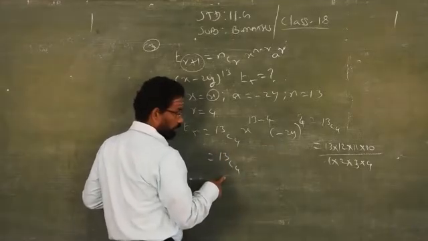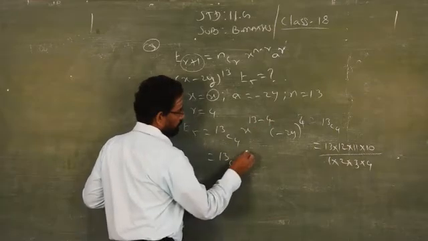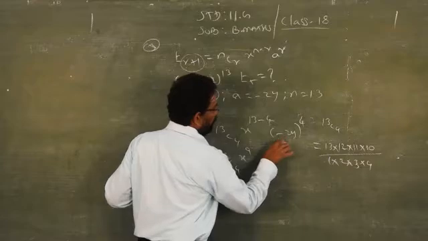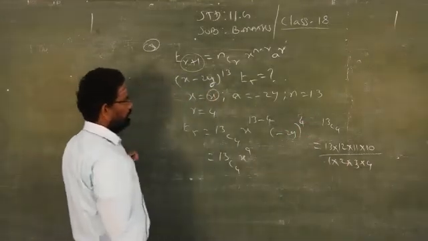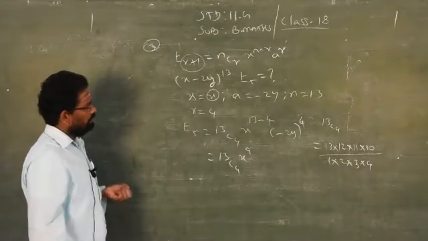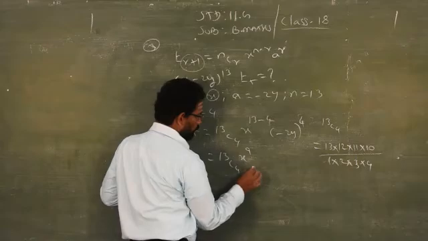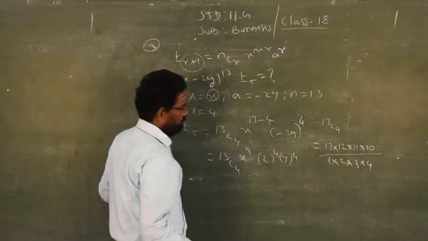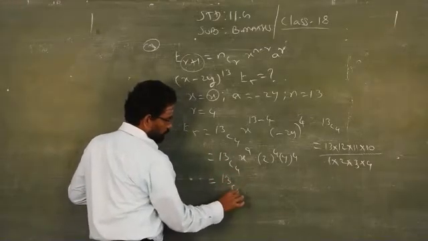You find and write down that answer. x power 13 minus 4, how much? 9. Then here, minus 2y has an even power. So if the negative factor has a power as an even number, the negative will become positive. So you have to simplify this: 2 power 4, y power 4. This you learnt already in the lower classes. So simplify and write this one.